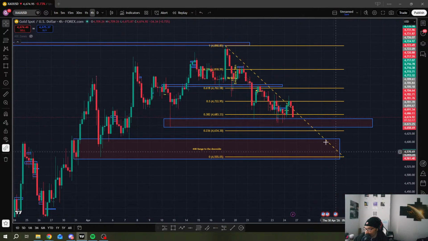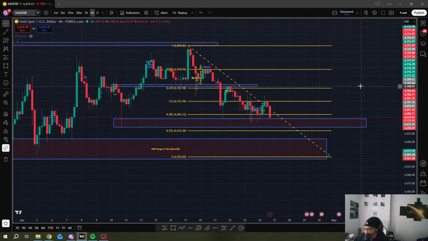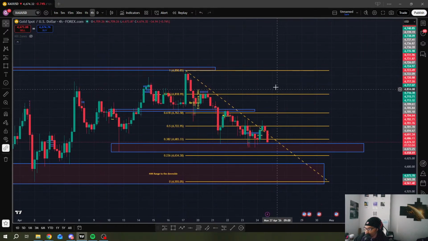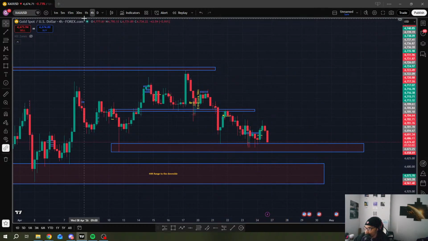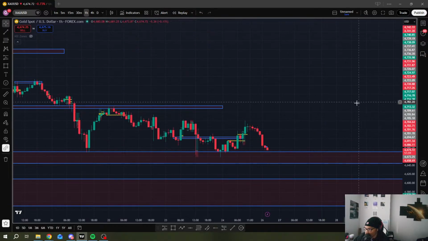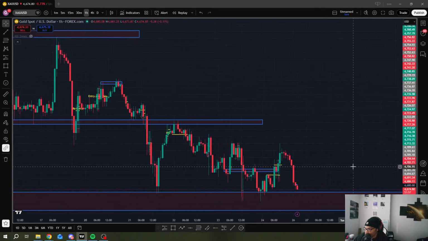See this little trend structure here? Price coming back down, it broke past this. It's coming back down, so there's a few things going on here, a few things we need to be mindful of. And definitely we're going to have to be patient this week. If I remove this 4-hour fib, we can push down to the 1-hour time frame and see a little bit more of what's going on here.